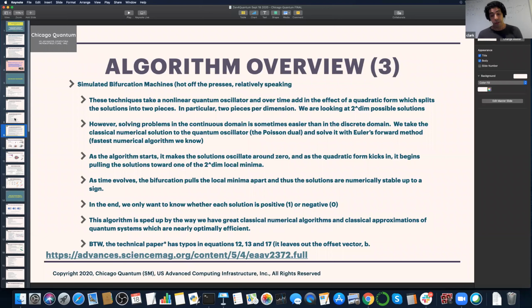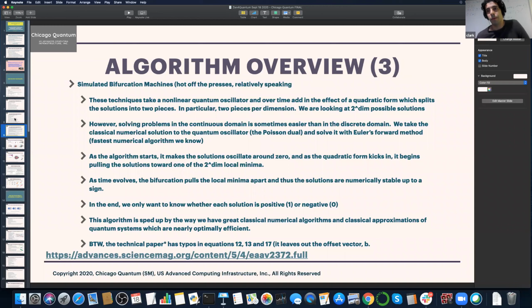So what we do is we say, okay, we're going to let the solutions wiggle a little bit, very slowly. And slowly, we change the way they're moving by adding in our QUBO. And the QUBO then sort of forces the solutions to split apart. They bifurcate, and the ones that go up, we end up calling 1, and the ones that go down, we end up calling 0. And it just turns out this is really brilliant because the numerical solution is a very old numerical ordinary differential equation,